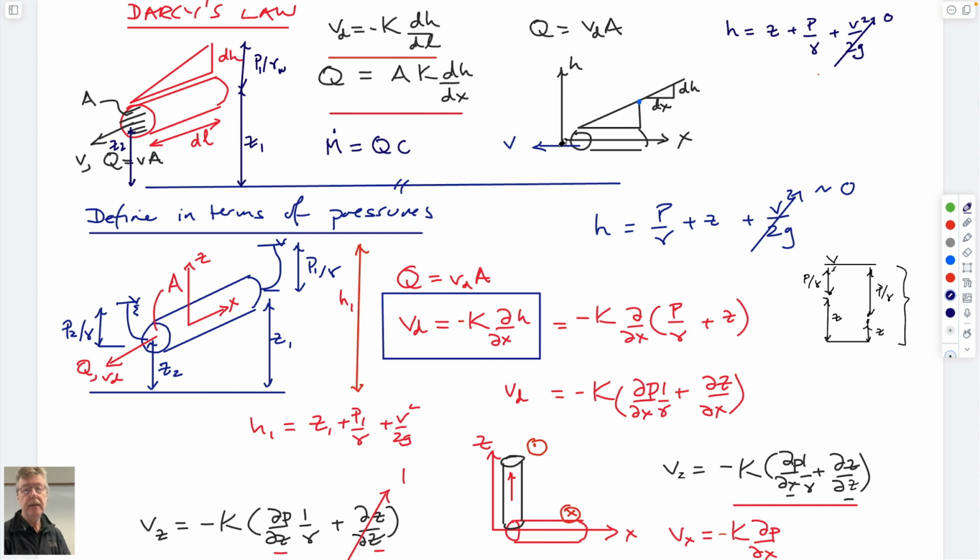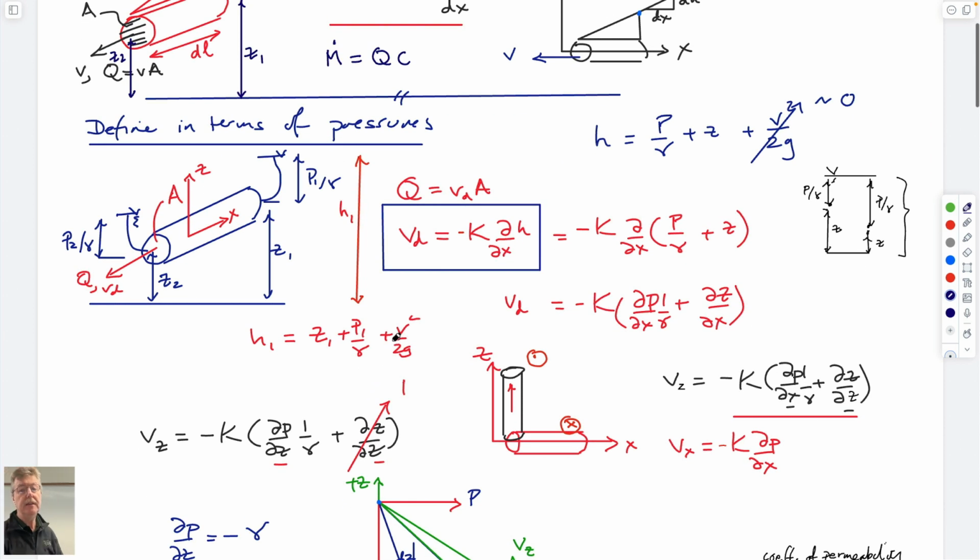We define the head gradient in terms of a rate of change of head over length. So if we draw this core horizontally, it would exactly look like this. So far we're only talking about one fluid, so we've only got water saturating the pores. And so if we define it in terms of these terms, we can substitute for Darcy's law written in terms of hydraulic conductivity and head, we can substitute this magnitude of head. And so it's important to realize, one, that we've thrown this term away, we don't care, but head includes both